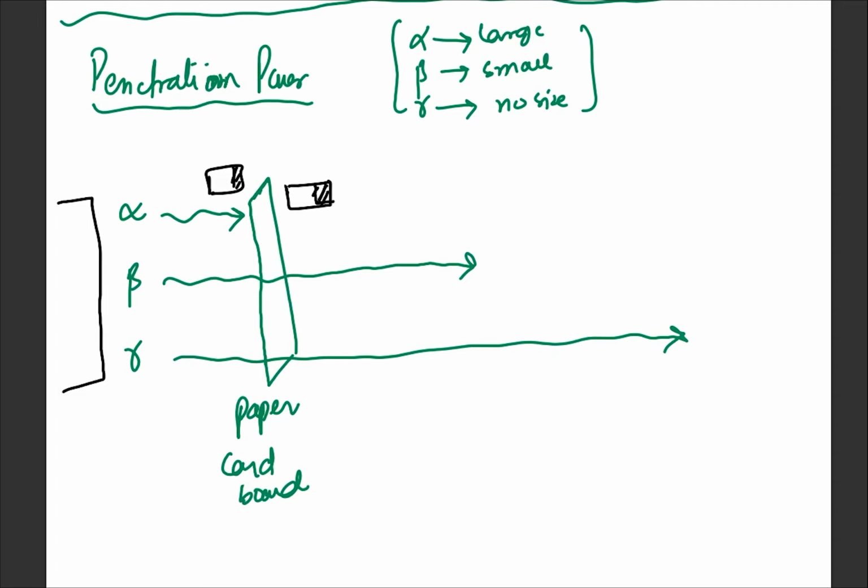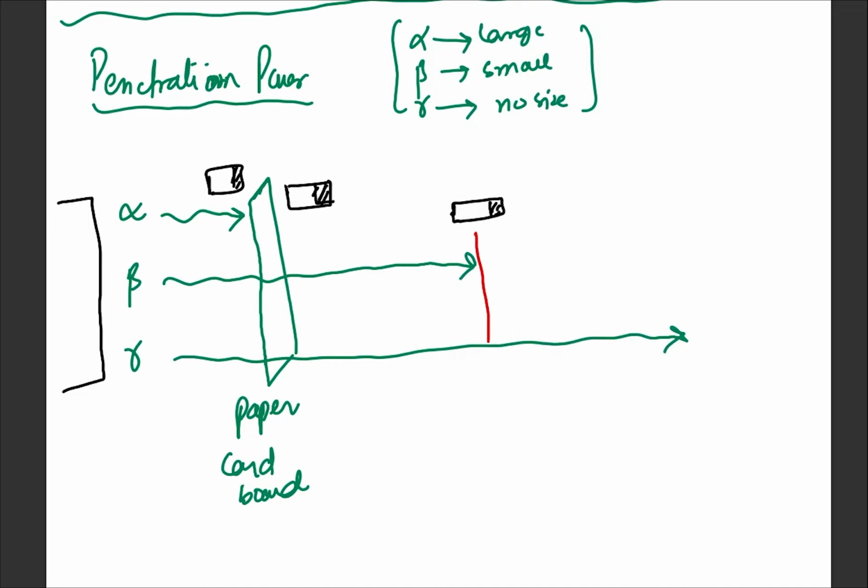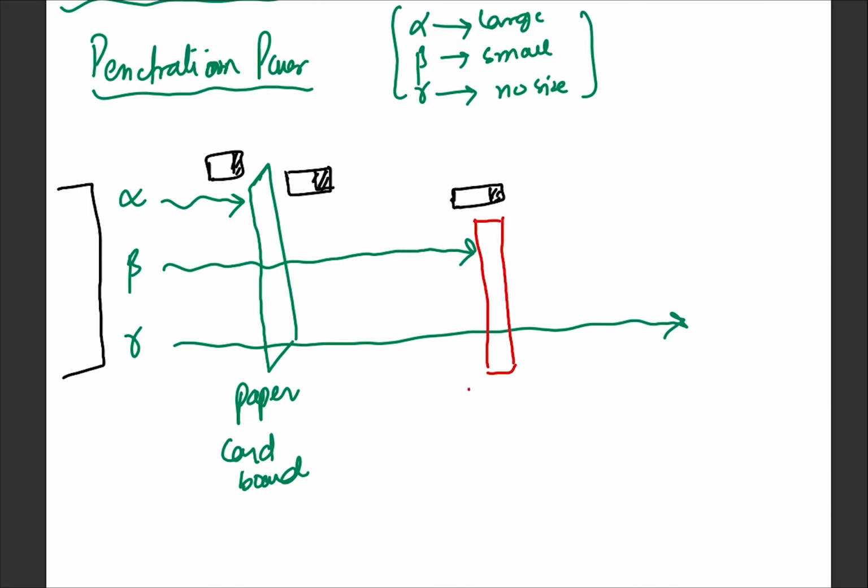So now we place the GM tube over here again, and we see that the reading is not dropping even after placing the piece of paper. So then we place a thick aluminium sheet. It could be any metallic sheet that should be more than 5 millimeters of thickness. It could be aluminium, copper, brass, or iron. Any metal sheet with 5 millimeters or more thickness is good enough to stop the beta